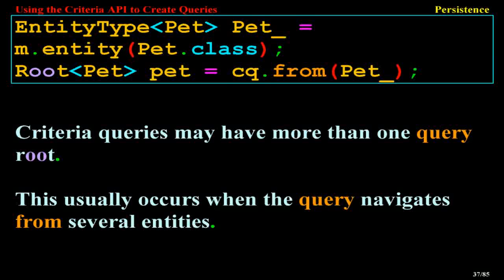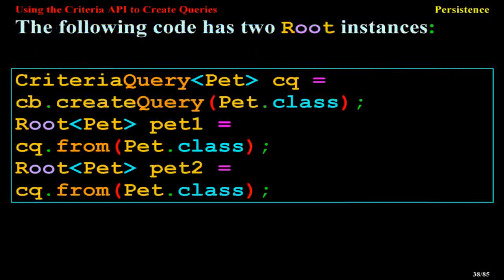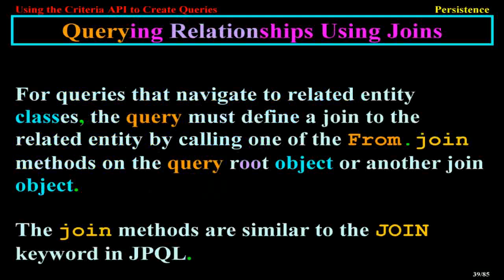Criteria queries may have more than one query root. This usually occurs when the query navigates from several entities. The following code has two root instances. CriteriaQuery<Pet> cq = cb.createQuery(Pet.class); Root<Pet> pet1 = cq.from(Pet.class); Root<Pet> pet2 = cq.from(Pet.class);